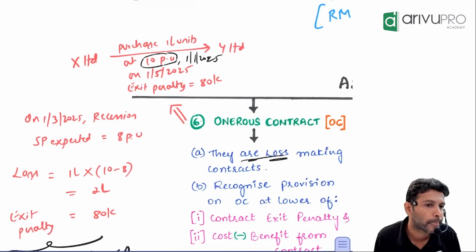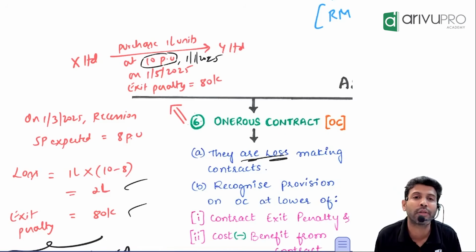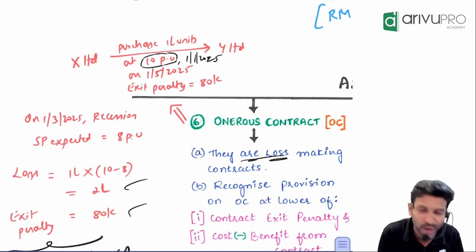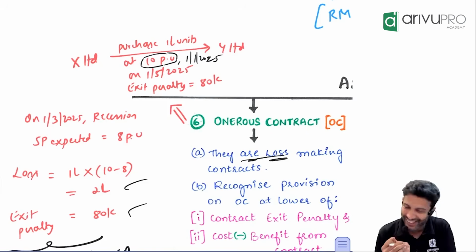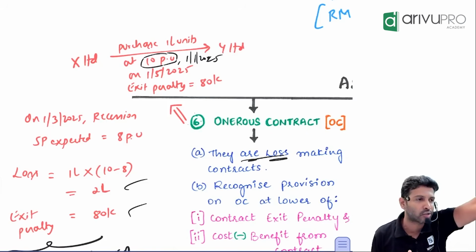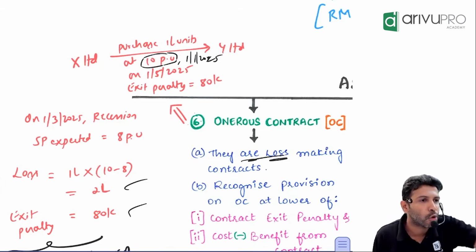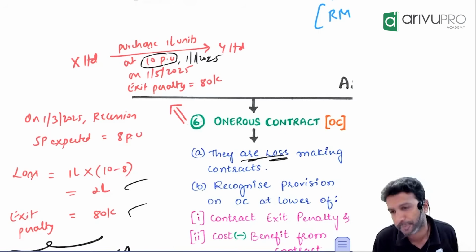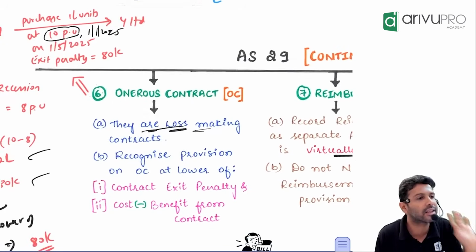Now, if you are the finance manager of this company, which door will you open? The 2 lakh door or the 80,000 door? The 80,000 door. Sir, that depends on how the company has treated us. If they have treated well, the 80,000 door. Otherwise, the 2 lakh door. Generally, what will anybody do? Will they take up the higher loss option or the lower loss? Lower loss. AS 29 also says the same thing. You make the provision for the lower of these two, 2 lakh or 80,000, whichever is lower.